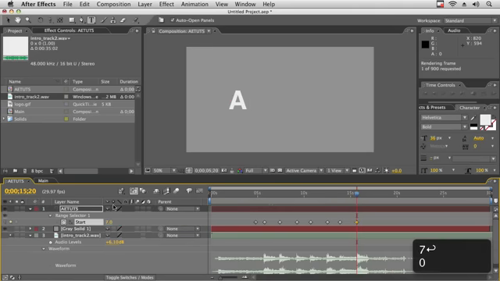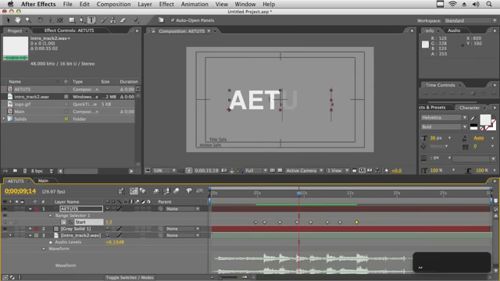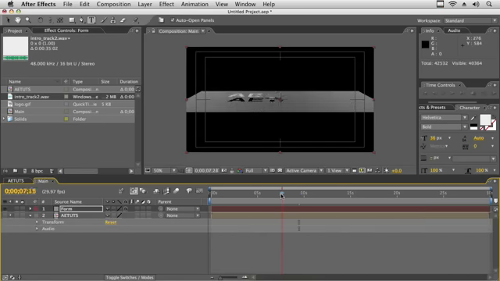So if we preview this, right now it doesn't really look very good because we can't really tell when the dissolve is finishing. But if we go back to our main comp and twirl down,